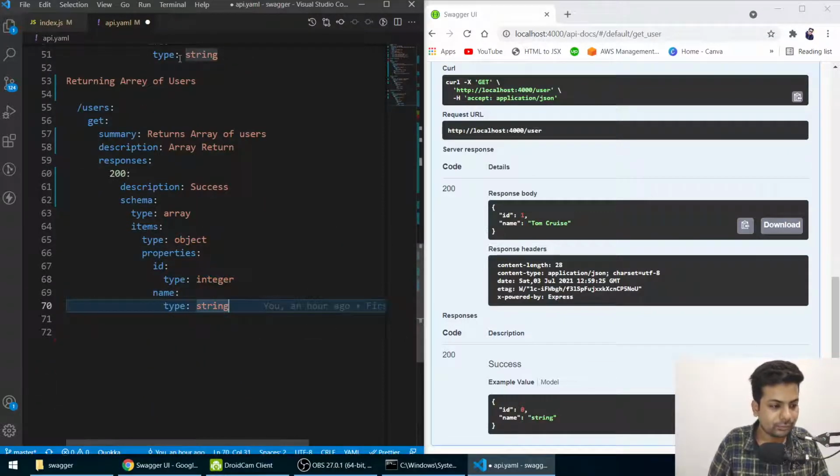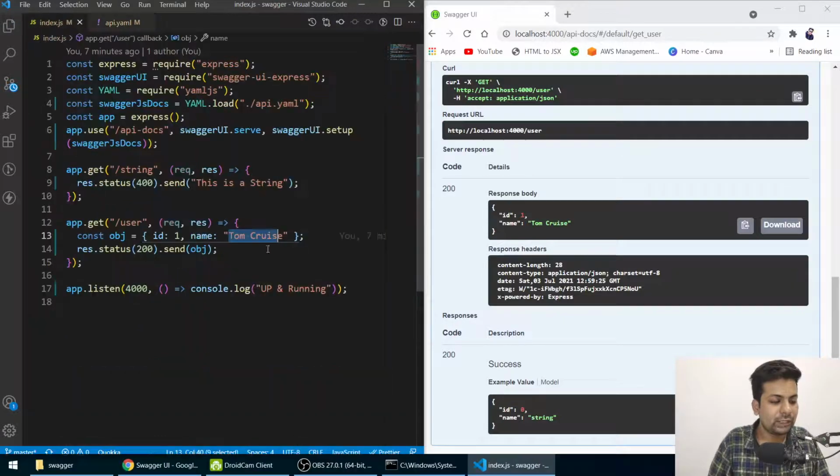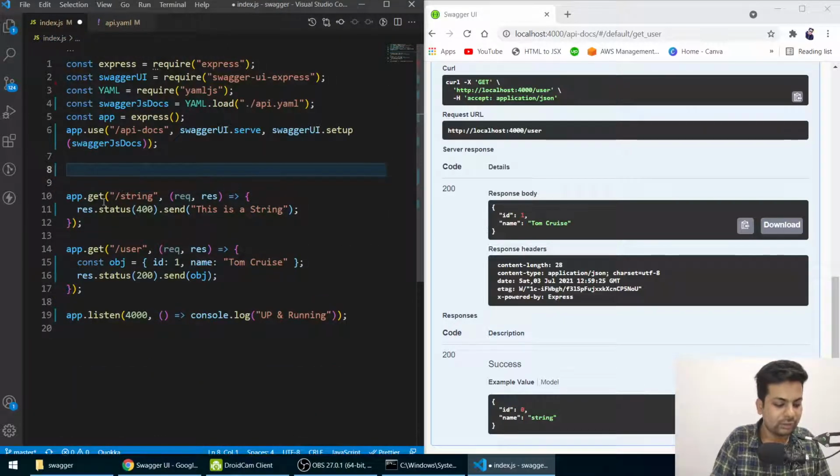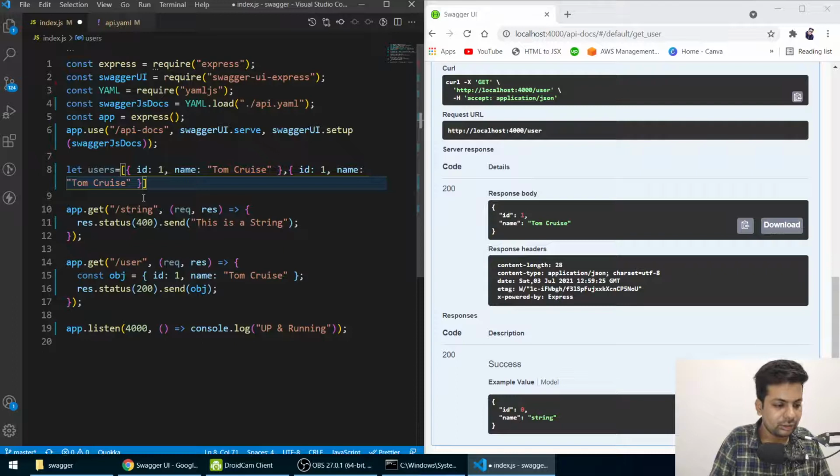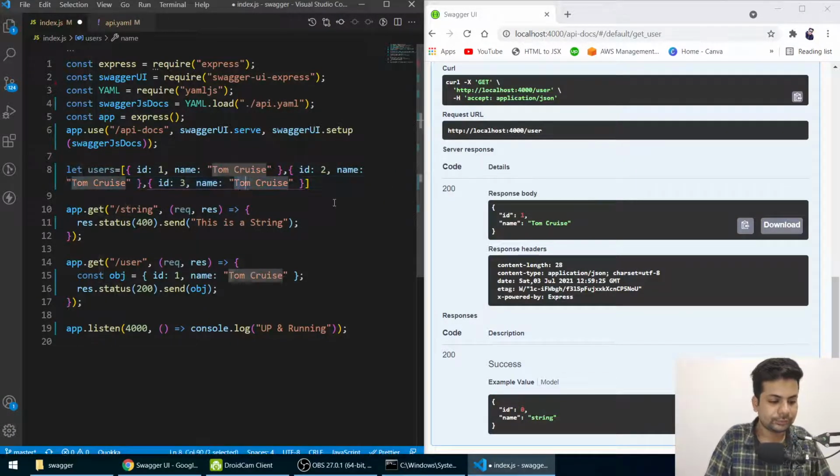Okay, so now let's make the URL fast. We'll say let users equals, we'll make an array, and we'll copy this object, paste it, comma again, comma again. So 3 IDs there will be, and we'll say 3, and we'll say Brad Pitt, and here we'll say Clark.